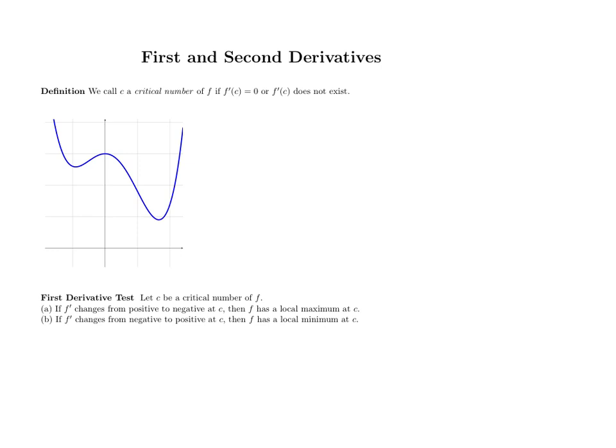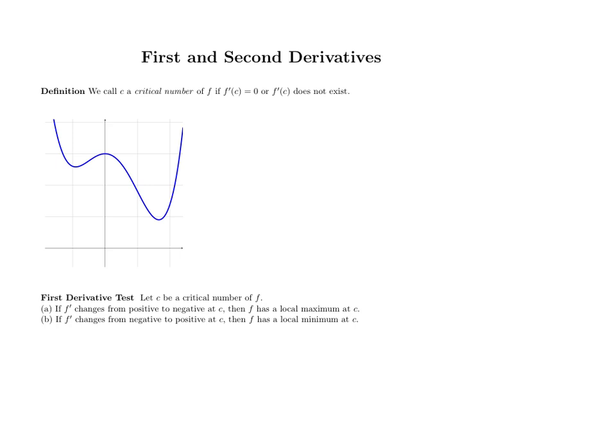In this lesson, we'll cover how first and second derivatives affect the graphs of a given function. To start with, we'll need this definition. We call c a critical number of the function f if it makes the derivative equal 0 or the derivative does not exist. To motivate the ideas behind this section, here I have some function that I've drawn which I'll call